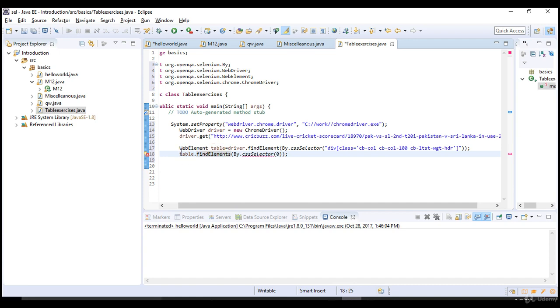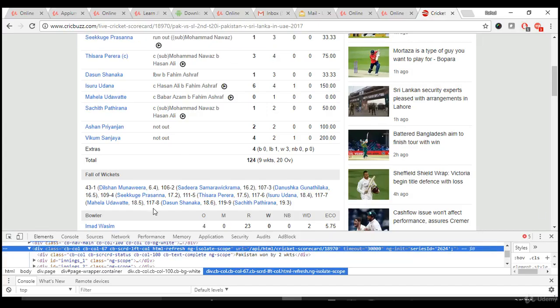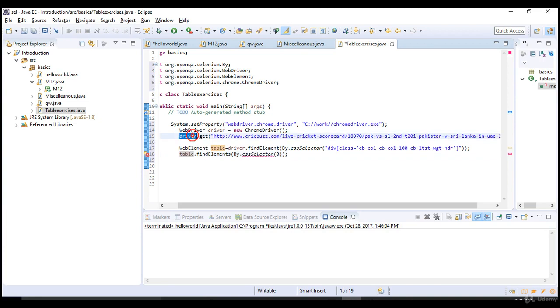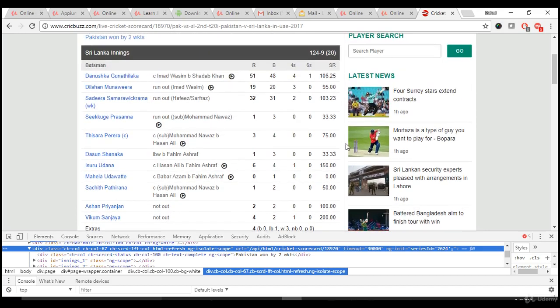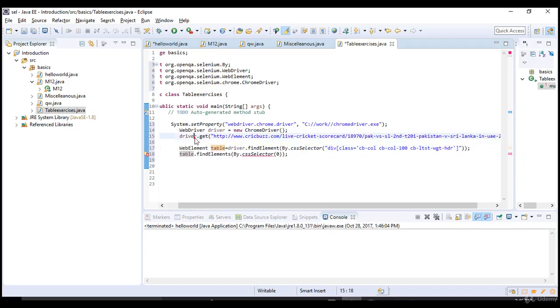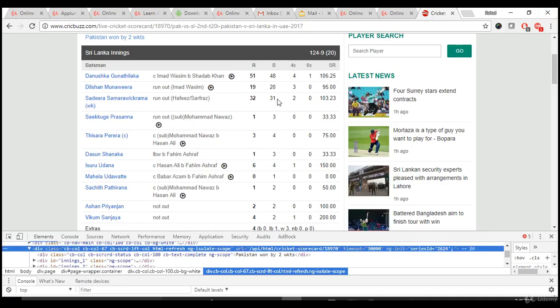If I replace with the driver dot, then it will again search in entire page, because driver is something which has access to entire browser. So from entire browser, we have selected a parent section first and we have thrown that into table. Now this table acts as a driver object for this table box.